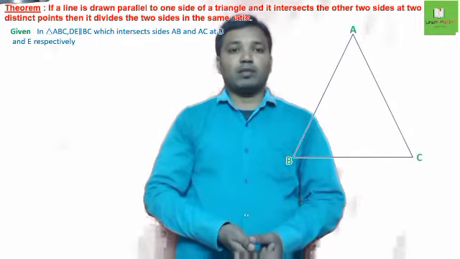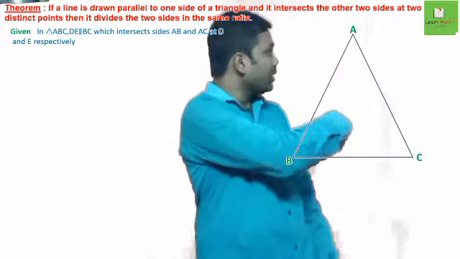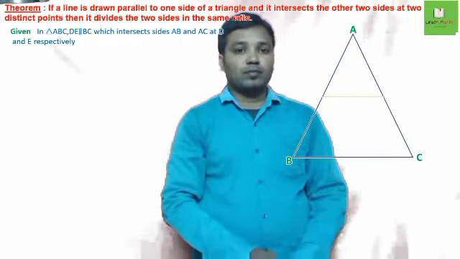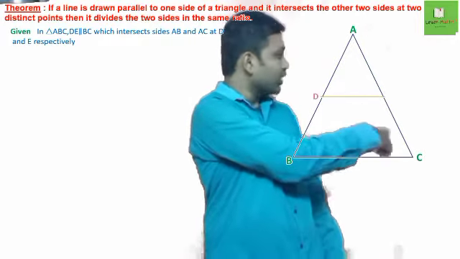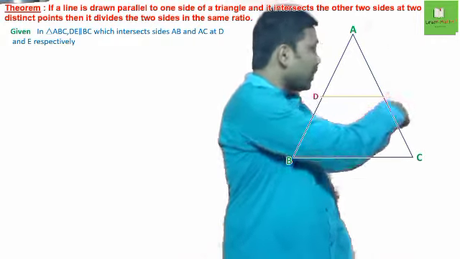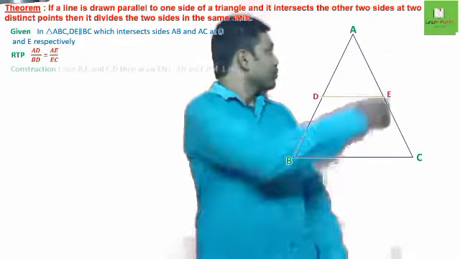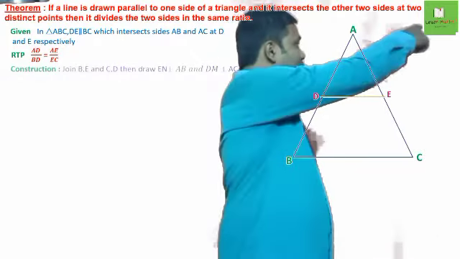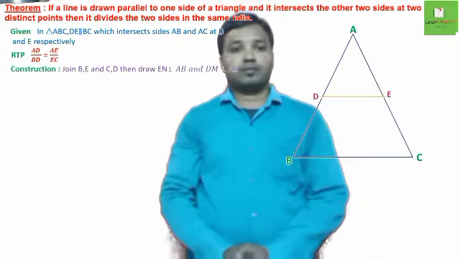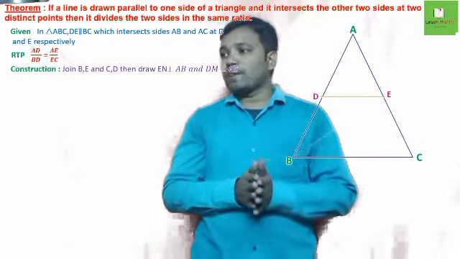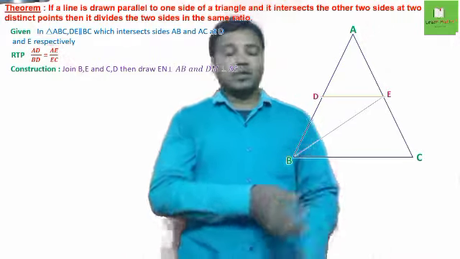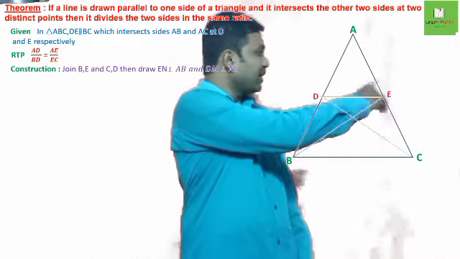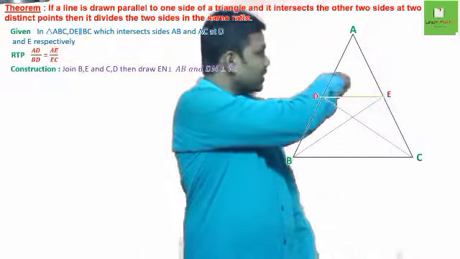To prove this statement, I am going to consider the triangle ABC, and I am going to draw a line DE parallel to side BC, so that I can prove AD by DB is equal to AE by EC. To prove this, I am going to draw the construction. I am going to join B and E, and C and D,